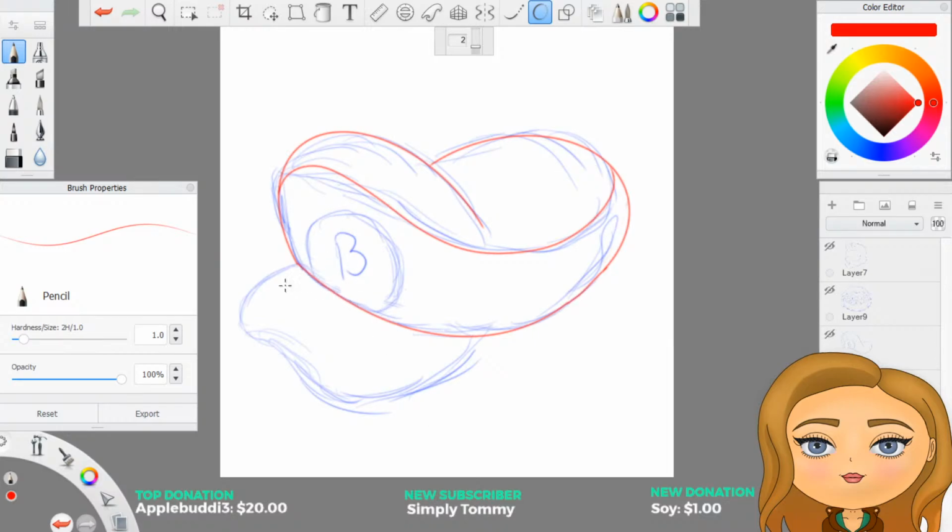Okay, so there's my bean. Bean looking good. I'm not so sure about the brim because I kind of want it to have the ripple, but then also I don't know if it looks silly. We can do the circle.